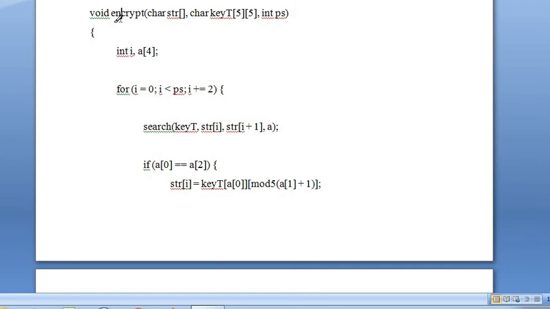Encryption is nothing but containing the three conditions. That is, it is in the same row, same column, or neither row nor column. I mentioned this above. So that encryption part is